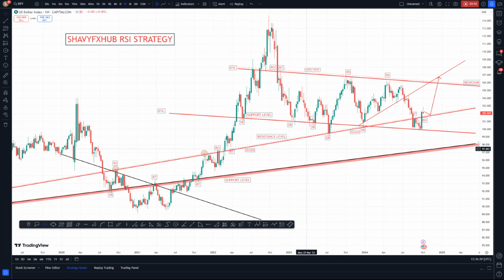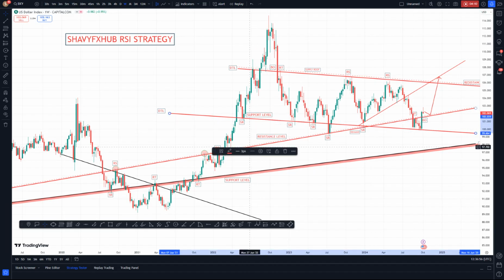And price didn't disappoint. When price returned to this level, it bought. It returned to the level in the month of July and bought. Returned in the month of June, January 2024, bought, and the structure was broken in August for us to meet